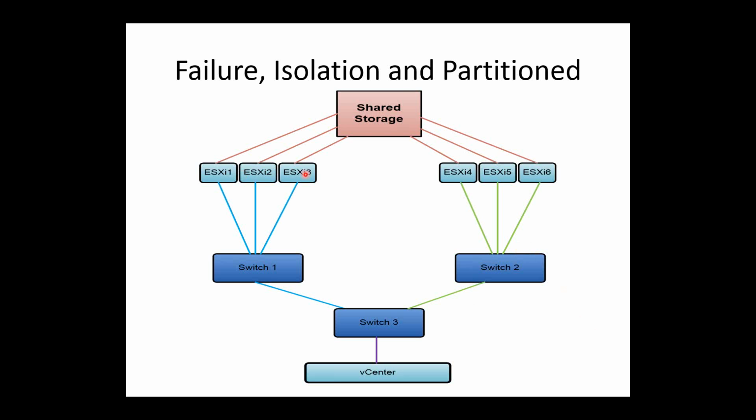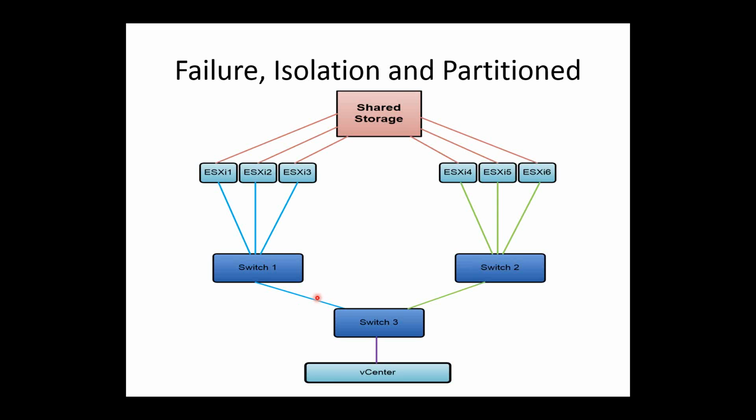As you can see, I've got a bunch of ESXi hosts. I've got some shared storage. We're going to assume Fibre Channel because it doesn't go across those switches. We've got a tiered network of 3 switches here. So let's talk a little bit about the scenario. If I lose this link, and let's assume that ESXi is my master. If I lose this link, and the